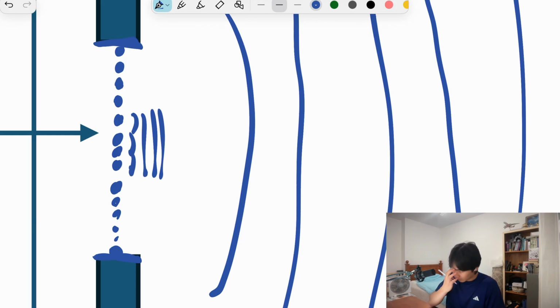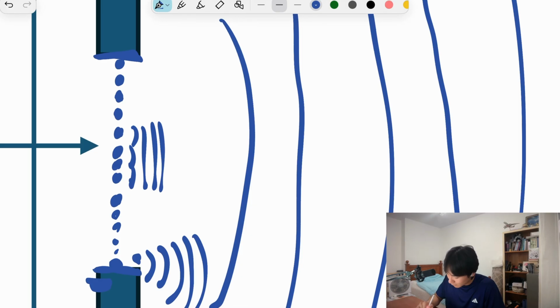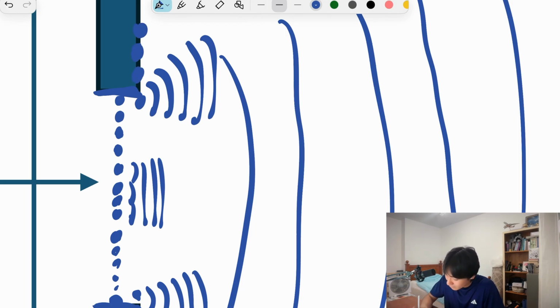When they encounter here, they're still going to spread out. But here, they don't have anything. The wavelets here just hit a wall, so they can't interfere with the waves here, so they're just going to act as a new wavelet. They're going to act here as a new wavelet, and that is because they don't have any wavelets here because it has been obstructed by a wall, as you can see. So that's why the waves at the edge